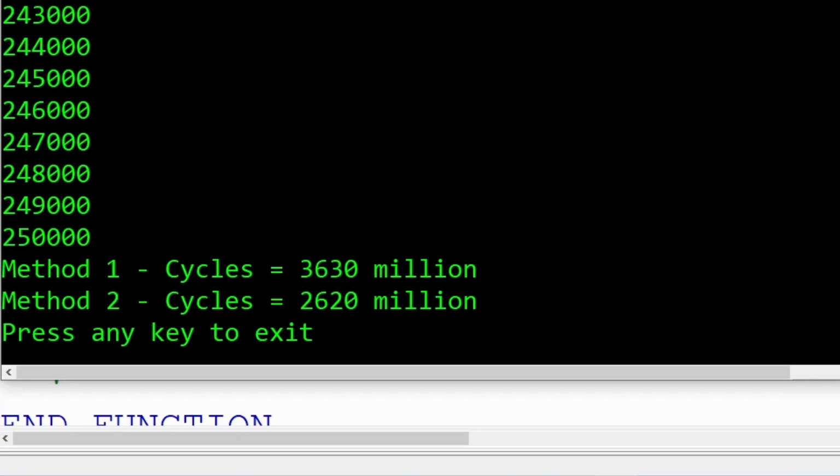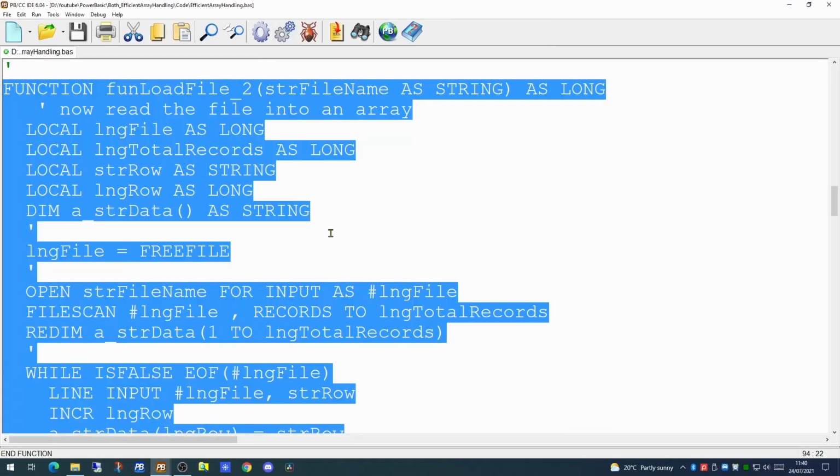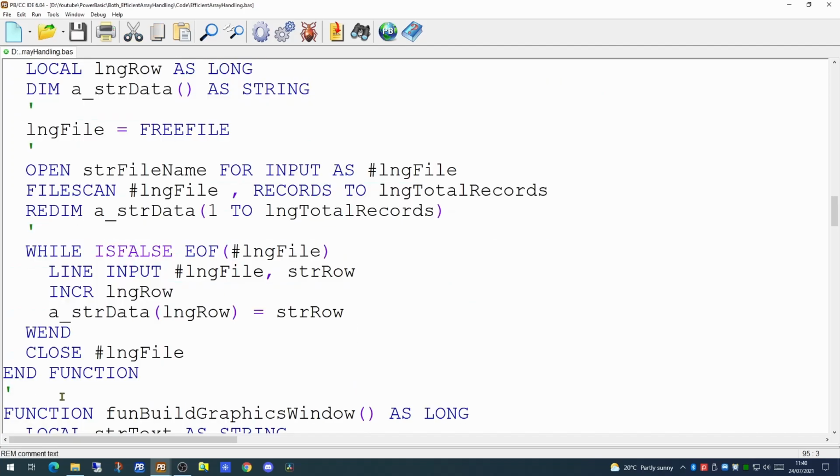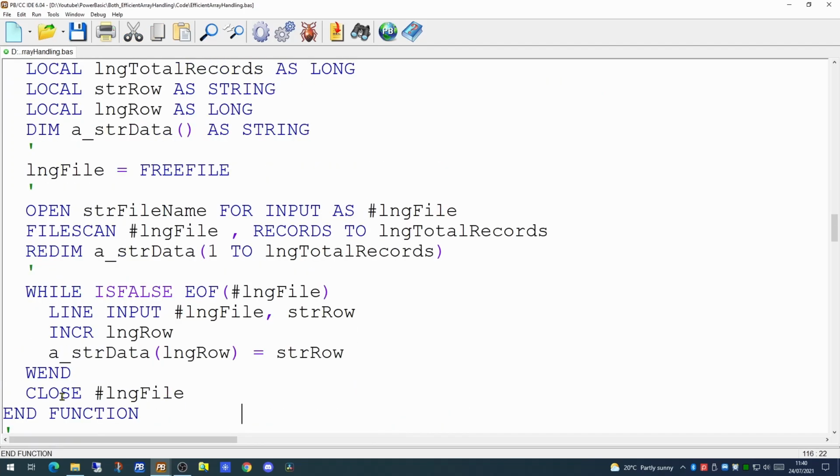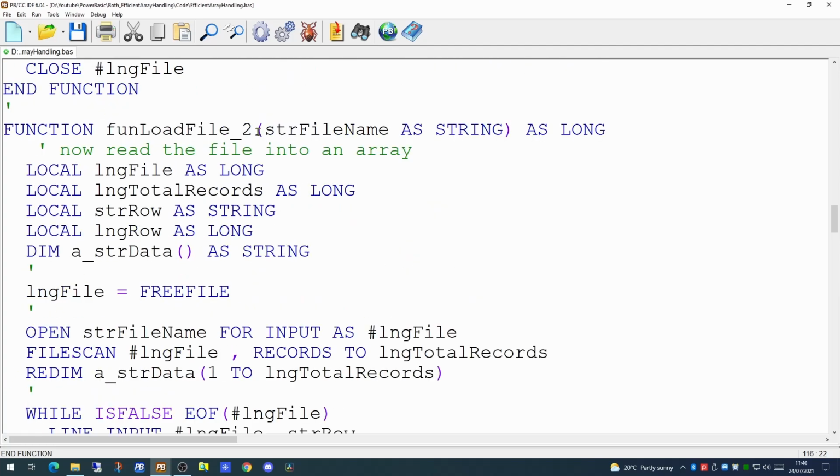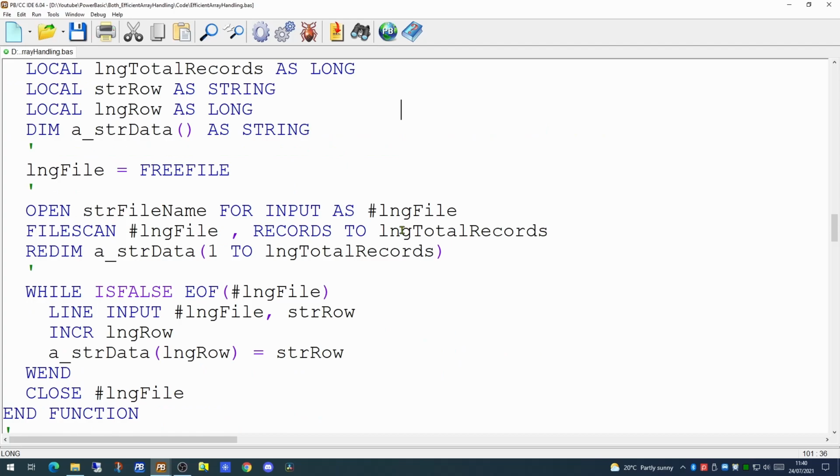So there is one other method we're going to check to see if it's any faster. As we did before, we're going to clone this second function, and we will create a third and final function. And we'll call that number 3. Now this will be very similar, as we're going to open the file, scan the file for the number of records, redim the array for that size, but rather than using a while loop to actually read each individual line of the file in, we're going to replace all of this